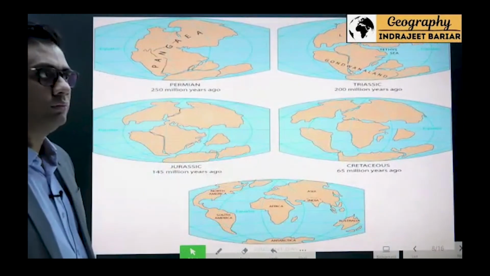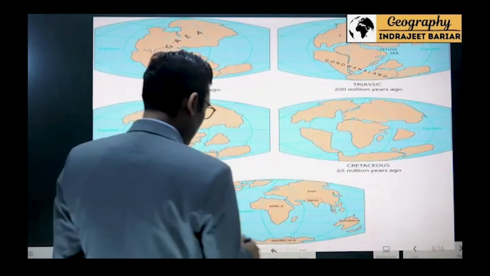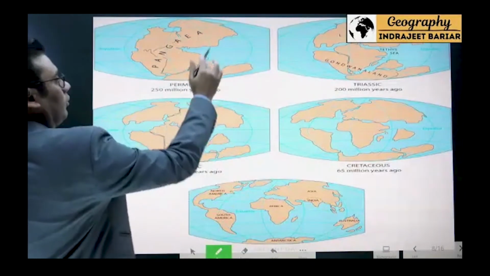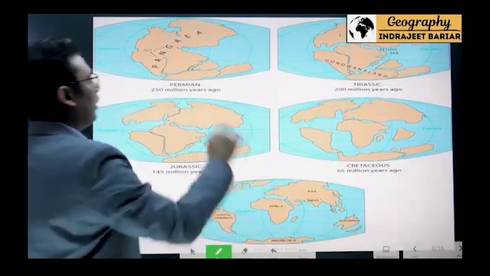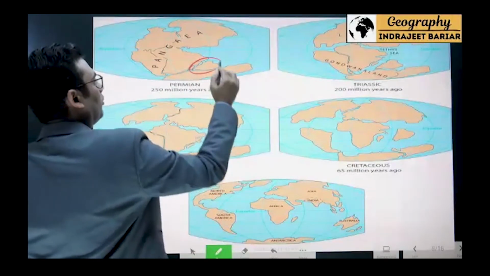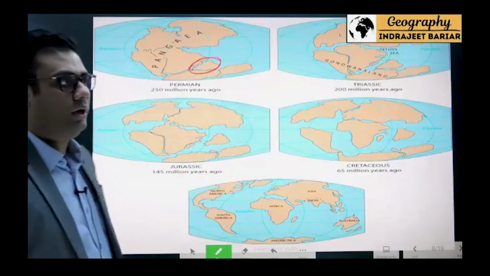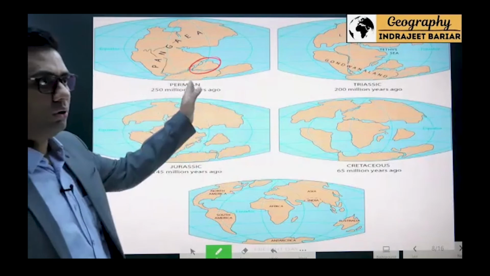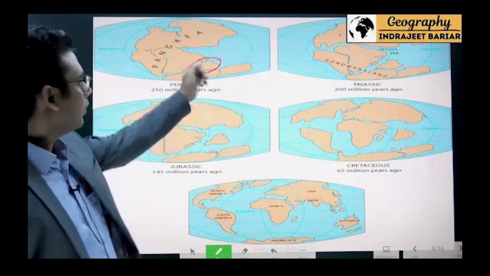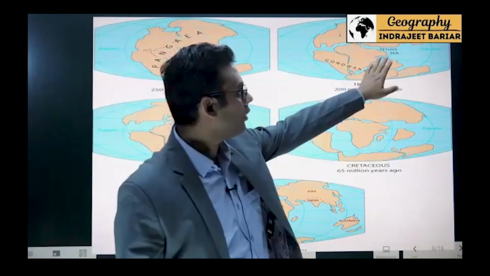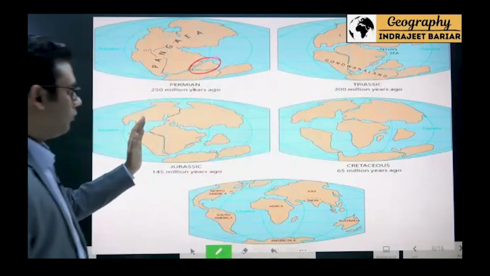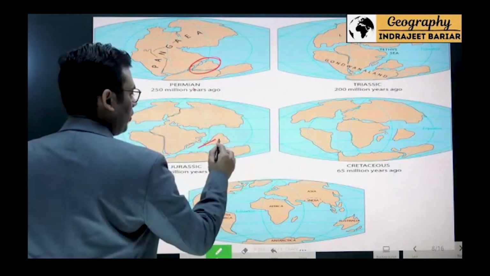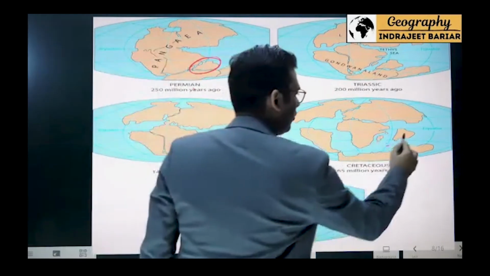Written, everyone? Now, just check this diagram quickly. Okay, what's happening over here? Pangaea. In case of Pangaea, an important point would be the location of India. India located over here, near the South Pole. After that, the breaking occurred 200 million years ago. इसके बाद फिर further breaking started. You can see India now. India has moved from here to here. Further has moved from here to here.